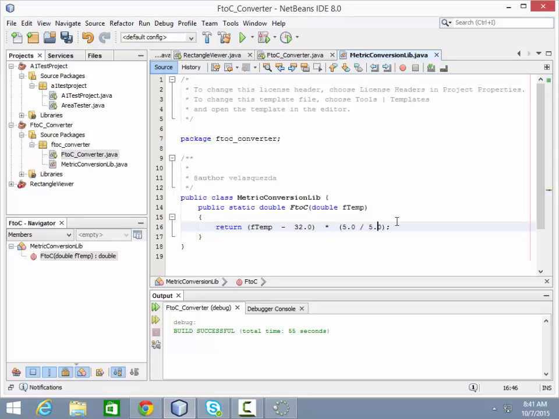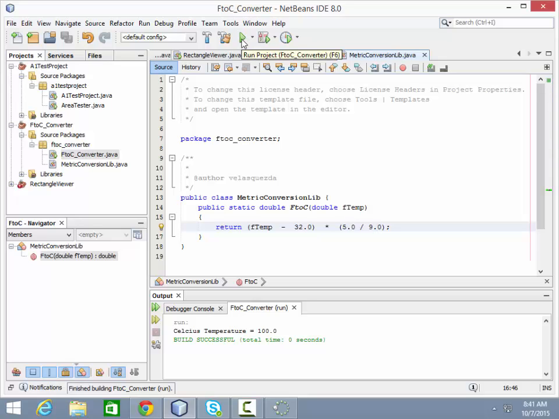So fix the equation, and we'll see if we get the right result now. Every time you run a program, you want to ask yourself what's going to come out the other end. What is your expectation? So you don't run it without having that in your mind. Okay. We're expecting to get 100. Let's see if we do. Yeah. So now that we have the correct equation, we get 100,